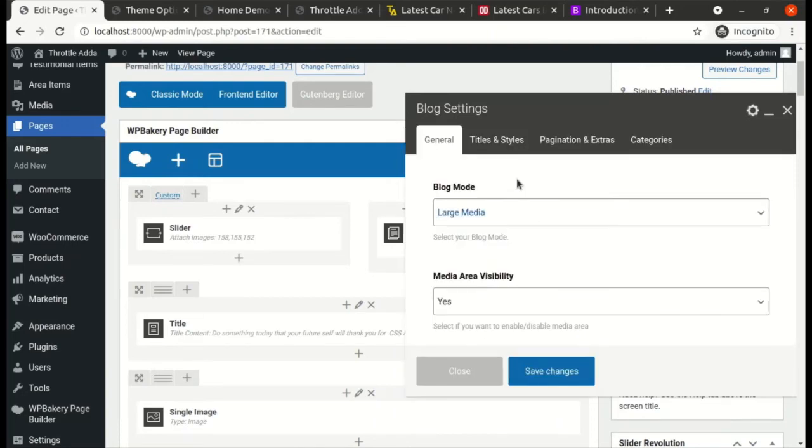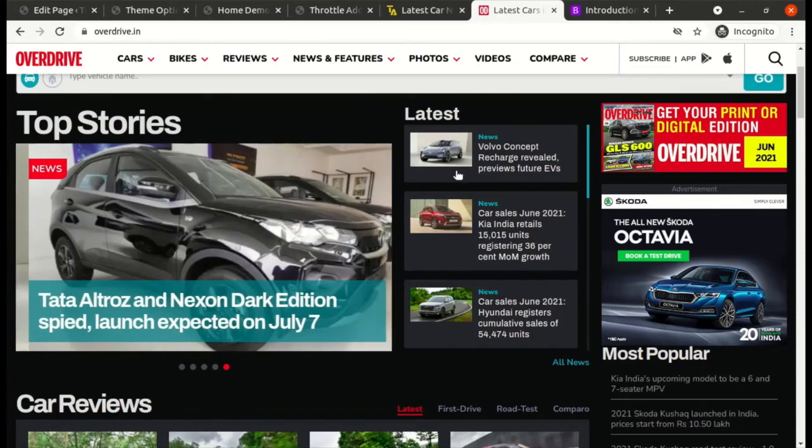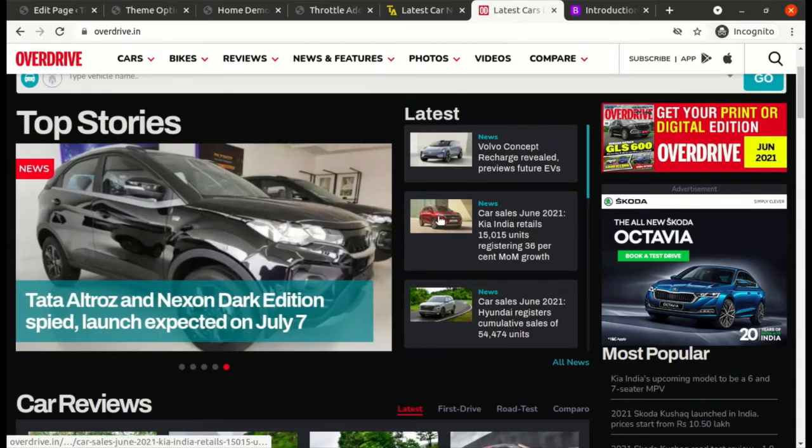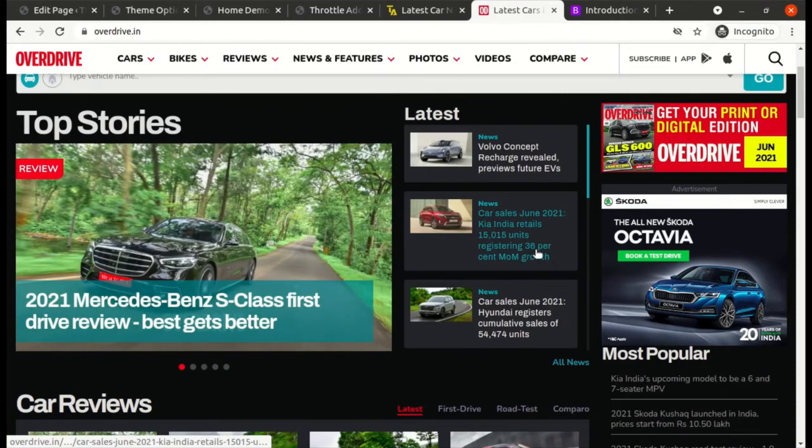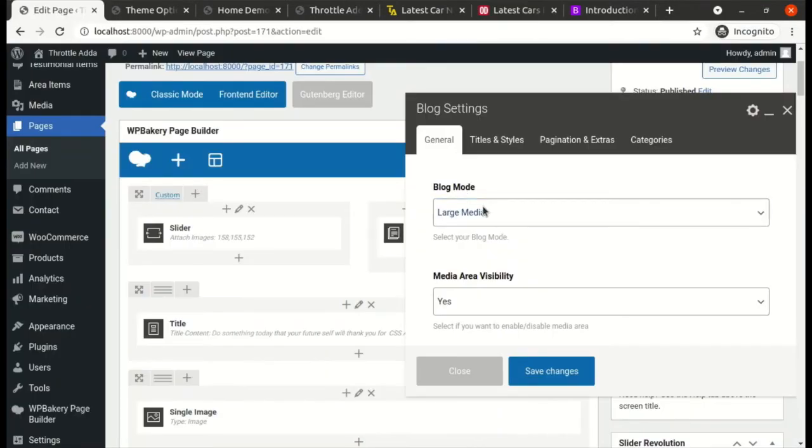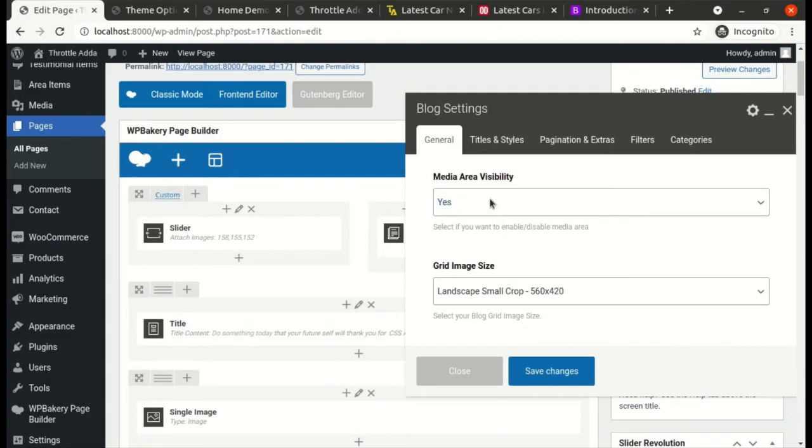As per the design given, we have small images and the text is very small. So let's go ahead with the blog media size as small media. Media means the size of the image that will be displayed over there. Media area visibility: do you want to show the image or not?